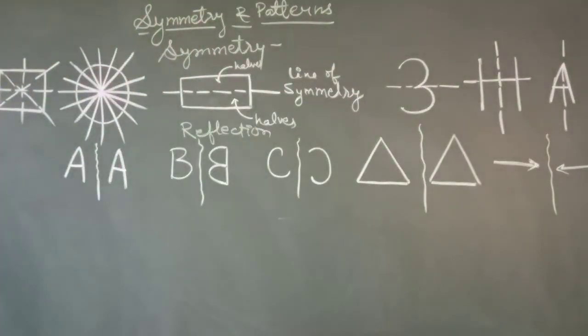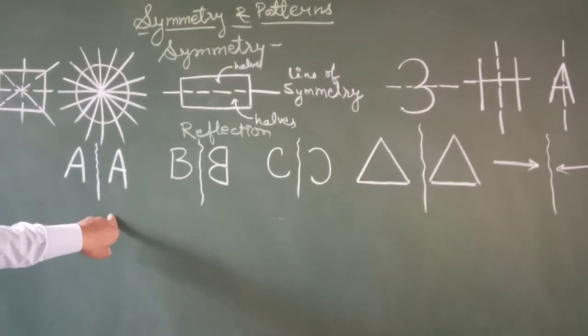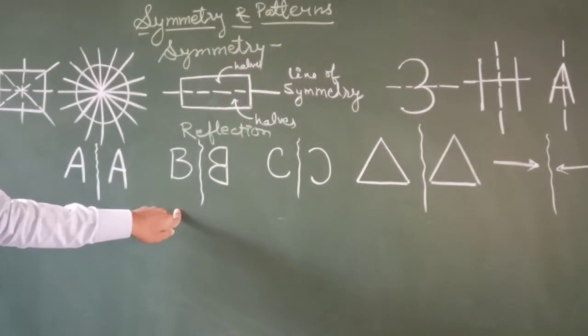You can see here that these are mirror figures, and when you place an object in front of a mirror, you see its reflection in the mirror, and the reflection of the object is called a mirror image. And you can also flip an object to get its mirror image. Look at the reflection of the letters A and B in the mirror. A mirror image of some objects looks the same as the object, as seen in A, and this is known as reflection symmetry. The letter A shows reflection symmetry while B does not.